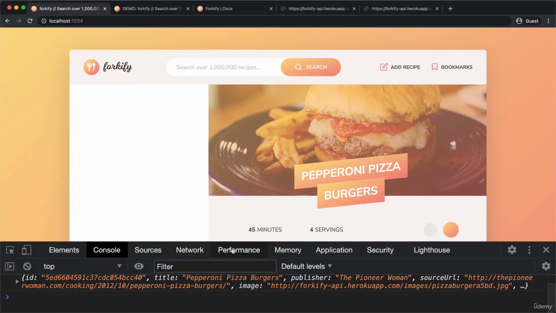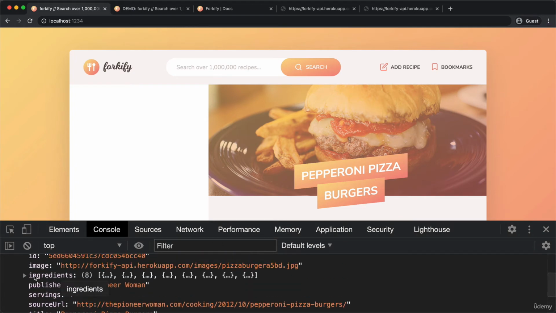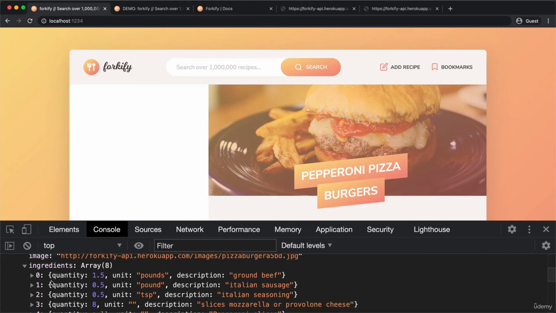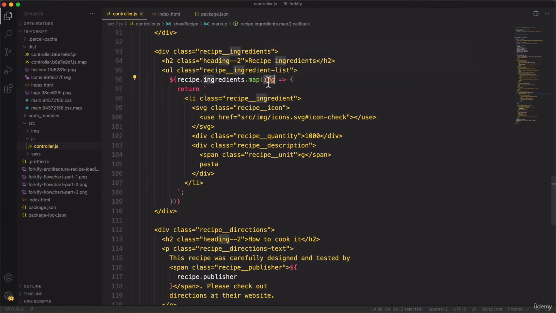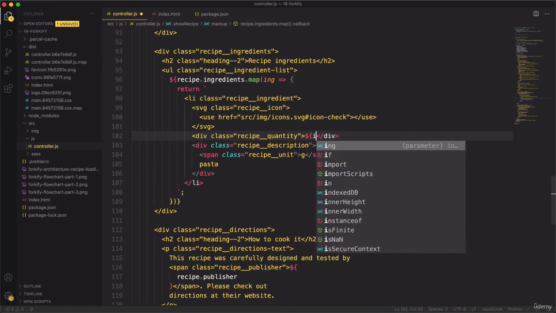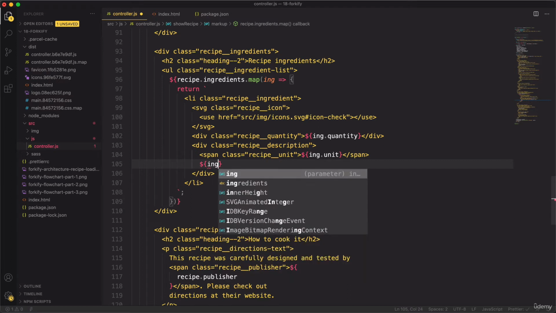Let's think about the data here first. So let's take a look at the data actually again. So at the array, each array element is an object which has quantity, unit, and description. Okay. So this ingredient is now that object. And so here we can say ingredient dot quantity, then here the unit, so ingredient dot unit, and then finally here instead of pasta, we want the ingredient dot